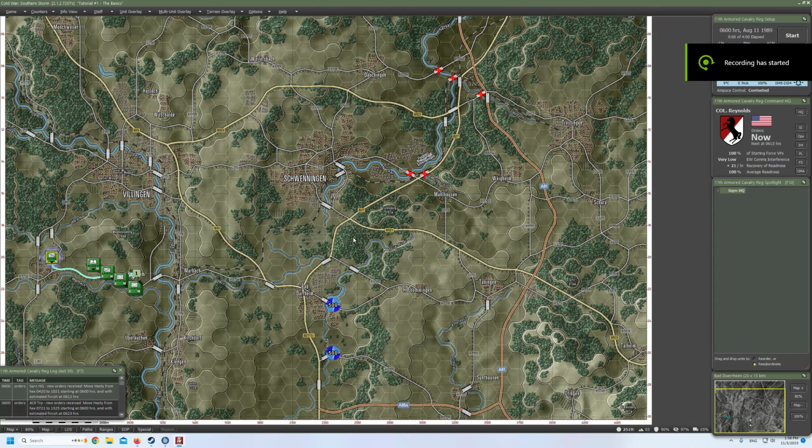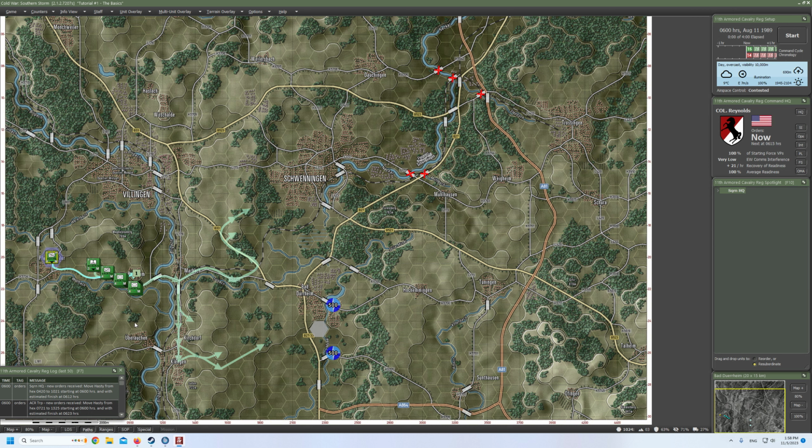Hello everyone, in the next video from Flashpoint Campaign Southern Storm, and today finally we continue our Tutorial 1, the basics mission. So in the last video we've prepared some movements, we gave out movement orders. We are preparing for a Warsaw Pact or USSR attack on two bridges, one at Bad Dürkheim and one southeast of Bad Dürkheim. You can see that I've clicked paths, so you can see where our units are